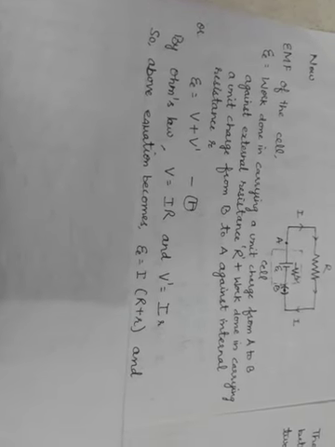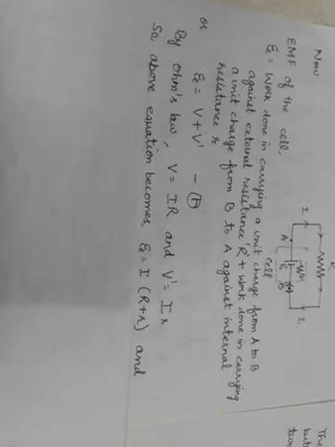So the above equation becomes, after substituting the values of V and V dash, E is equal to I bracket R plus small r bracket closed, and current will be equal to E upon R plus small r. From here we can have the value of terminal potential difference V is equal to I into capital R, and in terms of EMF, external resistance and internal resistance, its value will be ER upon R plus small r.